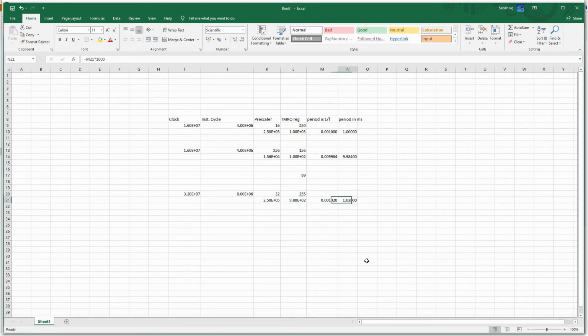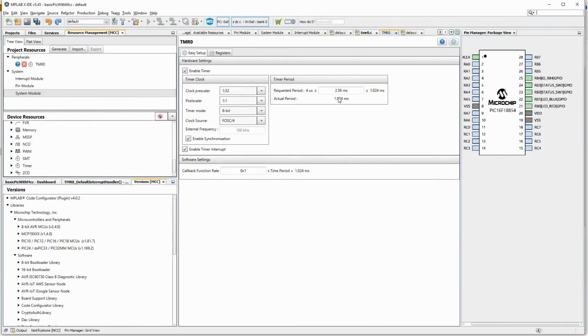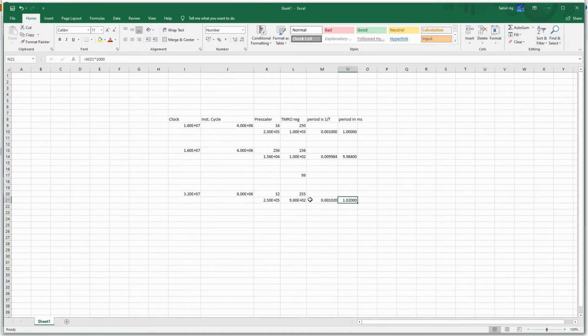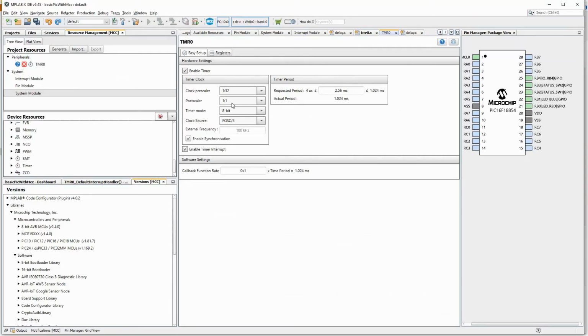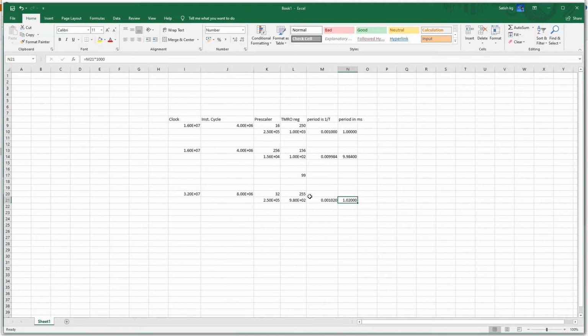So this is how I've got 1.02. So this is exactly 1.024 millisecond. So there is postscaler also here. Since we have set it to 1, the postscaler is set to 1. I'm not using it, so the clock is not getting divided. So now to get exactly 1, let me see, if I put exactly 250, this is also becoming 1 millisecond.